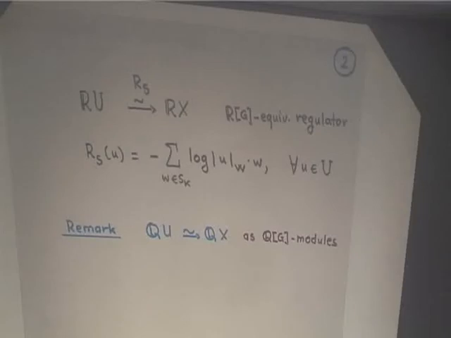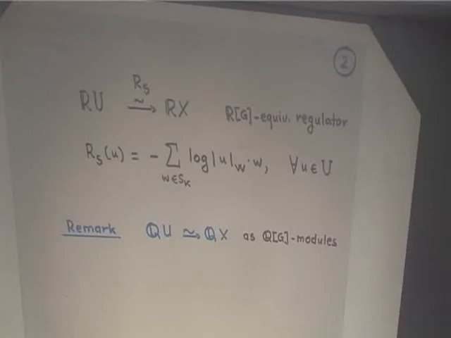And now one observation that you can make, an elementary application of representation theory of finite groups, will tell you that since these two modules, RU and RX, are in fact defined over Q, in other words, they are obtained from Q[G] modules by tensoring with R,